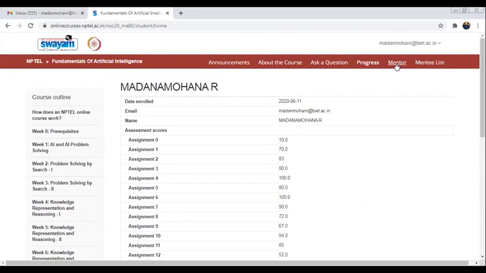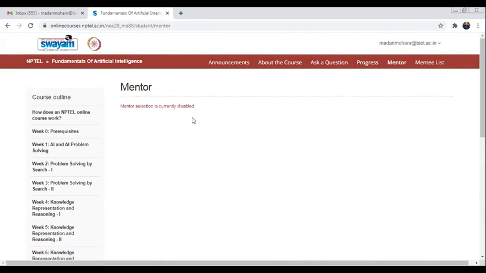Now here you can see the mentor tab. Suppose you are mentoring some students and want to be set as their mentor. In this drop down, your name will appear, and then as a student, I have to set you as the mentor. Once this is done, you can see the mentee list.